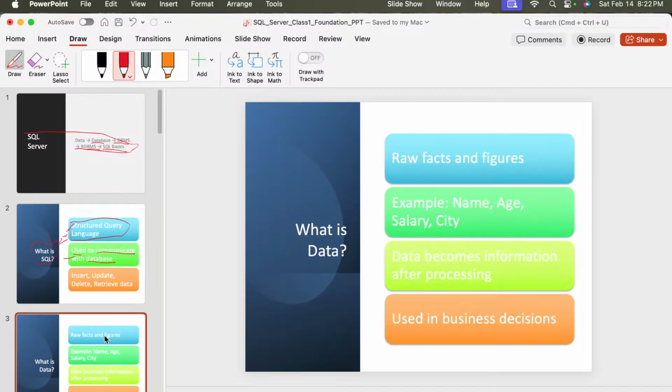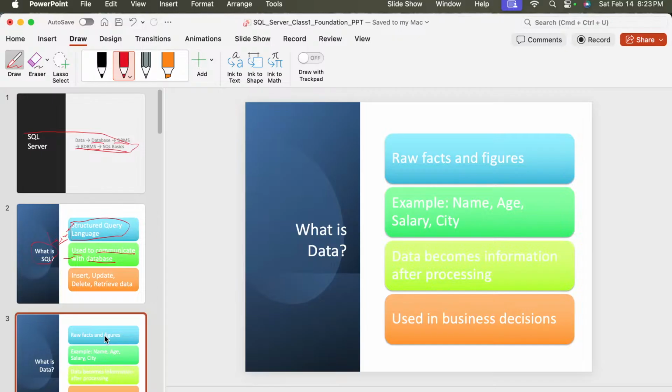So many people are saying, "Oh, data is the new oil. Data is the new generation. Data is everything. Data is very crucial," and we hear these kinds of words over here and there, right? So what is the data actually? Data is actually raw facts and figures.